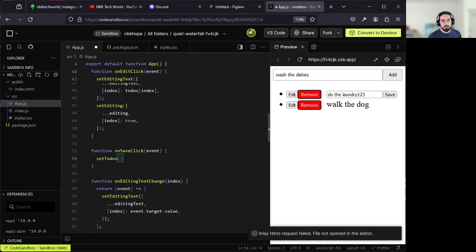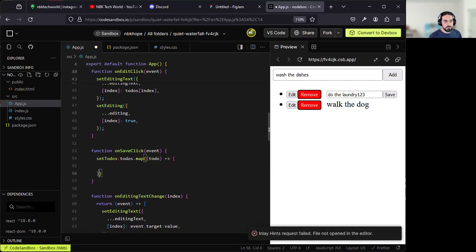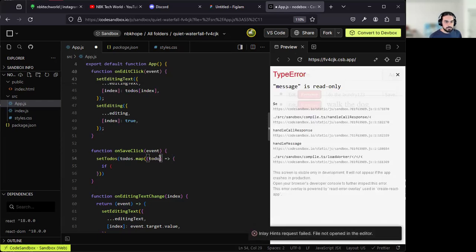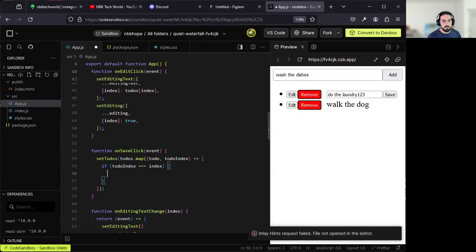So I'm going to go over to-dos and map a to-do. Let me add the index here, to-do index as a second parameter. If the to-do index is equal to the index of the thing I just changed, I'm going to return,